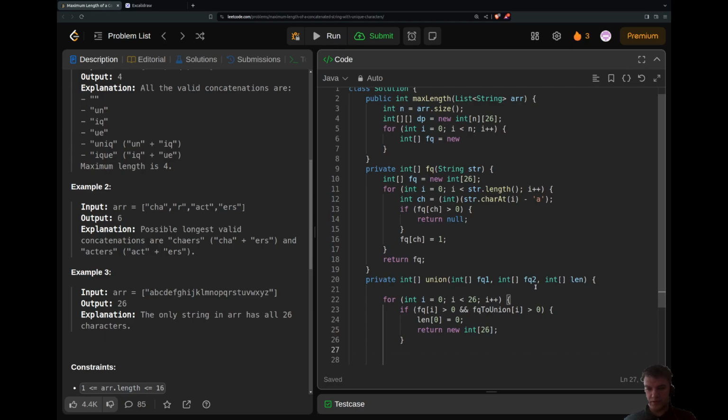Otherwise, I'll do this: result equals new int 26. If it's equal 1 and this one is equal 0, else